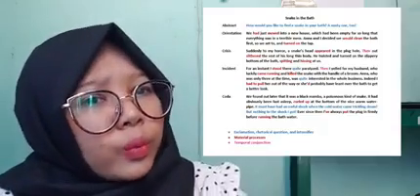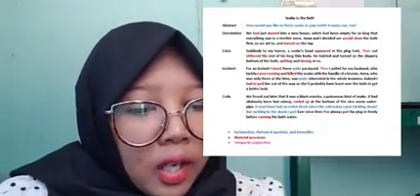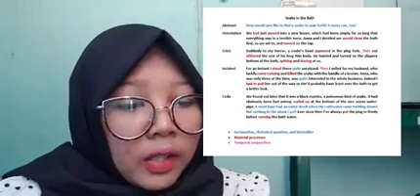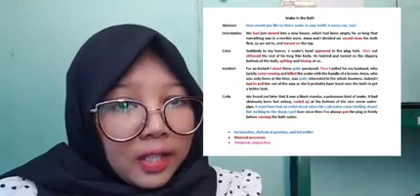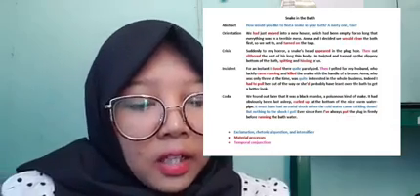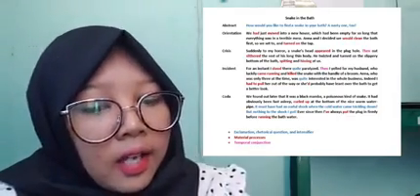This text uses exclamation, rhetorical questions, and intensifiers. It uses material process and temporal conjunction, and anecdote uses past tense. So I put the blue color for exclamation, rhetorical questions, and intensifiers, the red color for material process, and